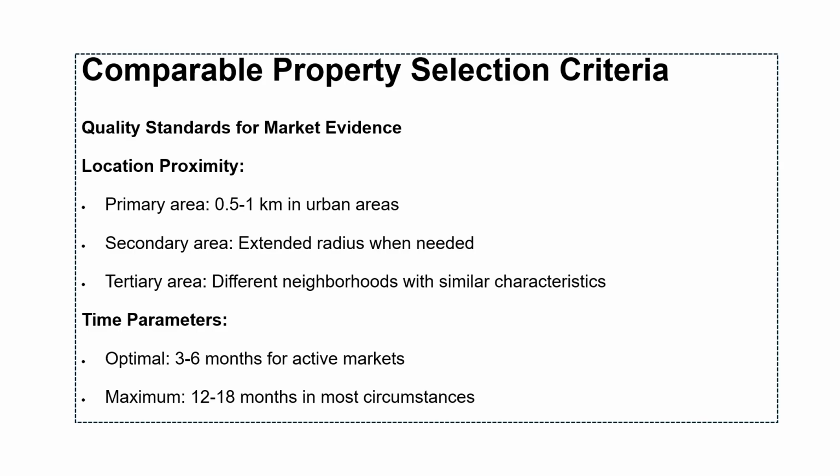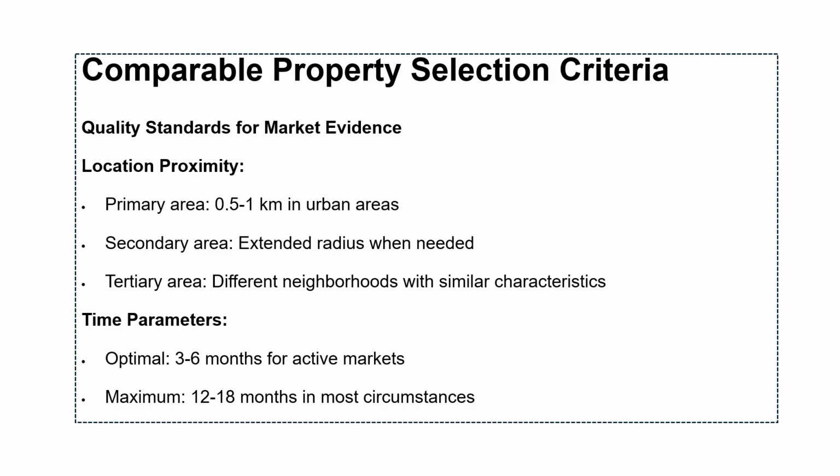Secondary areas, extended radius when needed, when we are trying to find comparables and we are not getting them. And like I said, we are looking for more than one data point. Sometimes, like I spoke of one valuation expert, in that case they can go for secondary area properties also. Then tertiary areas, different neighborhood with similar characteristics. You are not getting similar property anywhere in the vicinity. Then in that case, you may go for some other location and try to find out the similar type of